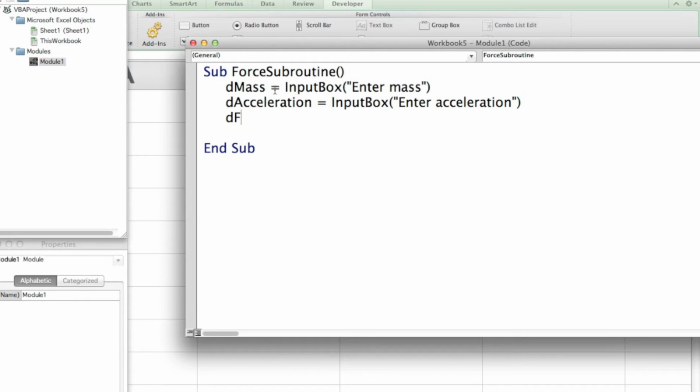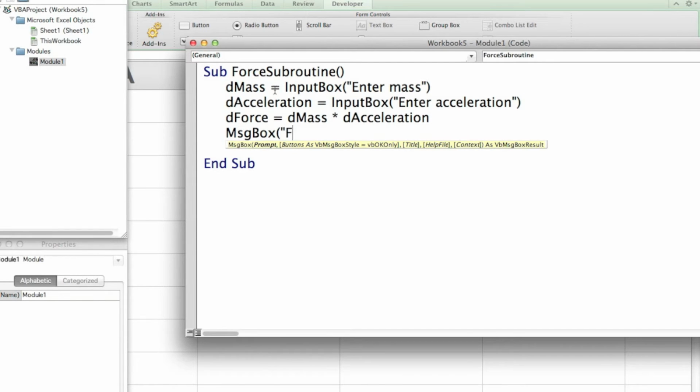Well, after that, we're going to write another variable, the force, to calculate and assign the formula for the force: equals the mass times the acceleration. After that, we'll display that using the message box, MsgBox. Parentheses, between quotation marks we use Force equals, and using the ampersand character, we can join the message and the variable